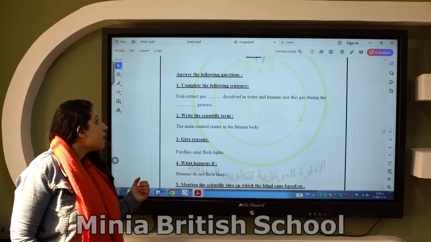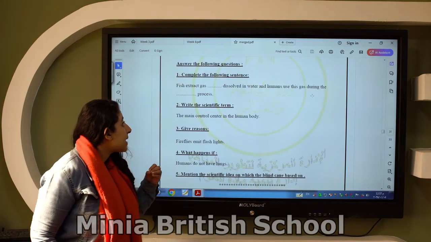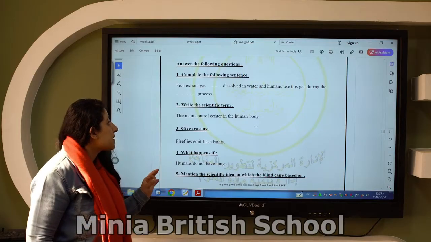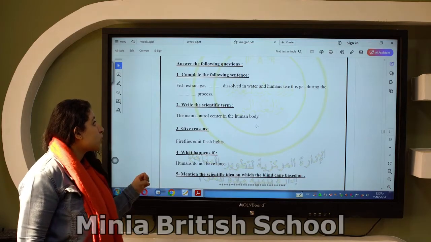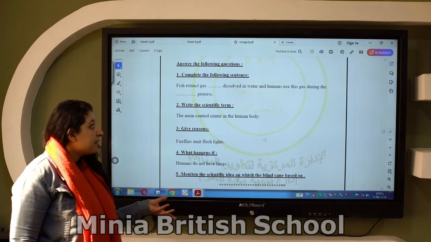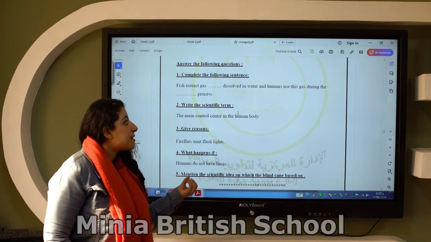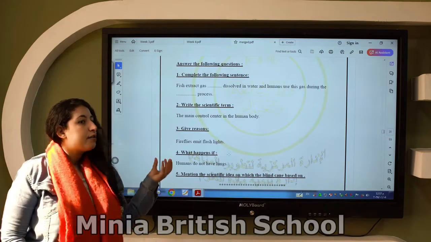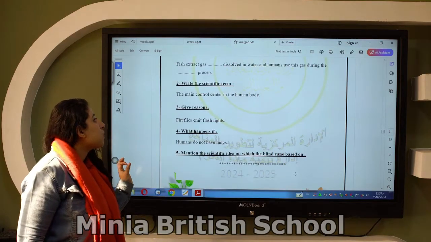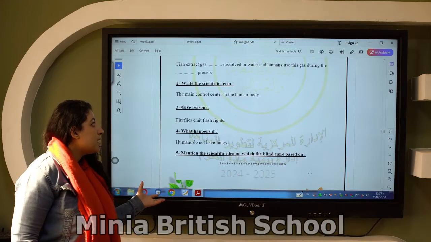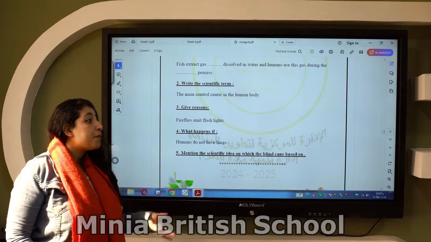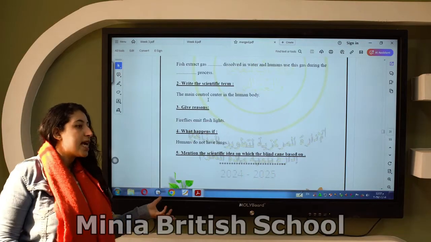Test 3, week 8. Fish extract what gas that dissolves in water, and humans use this gas during what process? Fish extract what gas? Oxygen gas dissolves in water, and humans use this gas during the respiration process. Write the scientific term. The main control center in the human body. I can say brain, but if he is asking about the brain or the system, I have to say nervous